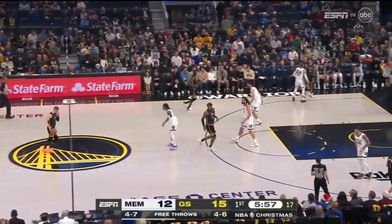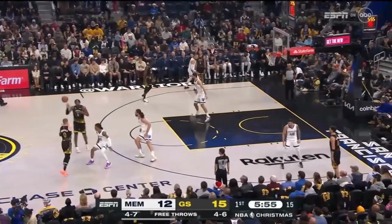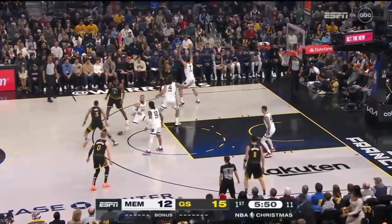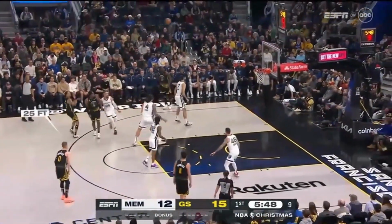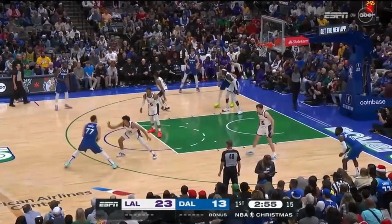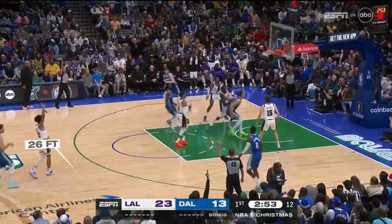Christmas Day is obviously one of the best days of the year for the NBA, and we get to see a lot of big-time players and big-time matchups on the biggest stage of the regular season. This year was certainly no exception with some of the performances that we saw, and I wanted to approach it from a little bit of a different perspective and give you guys 4 takeaways that you can get from different